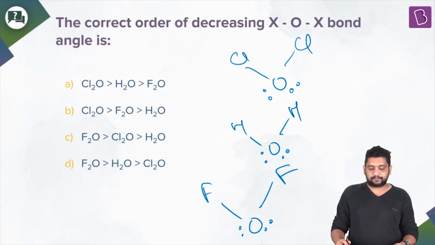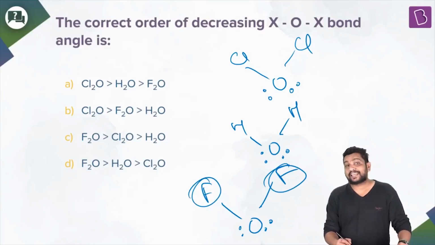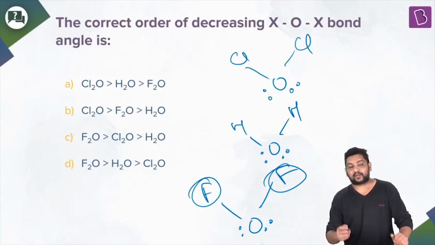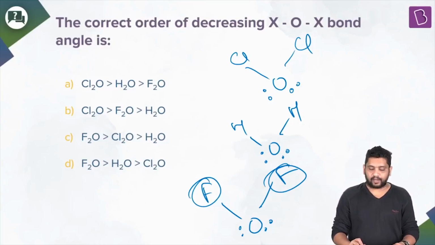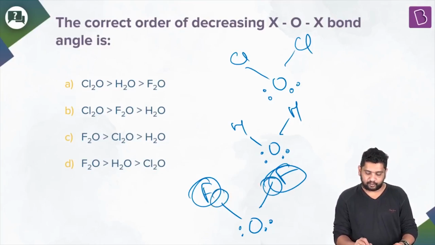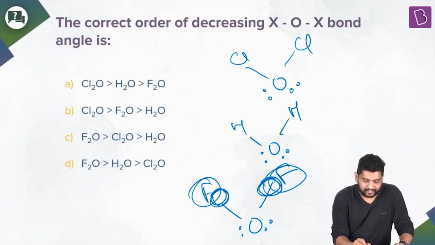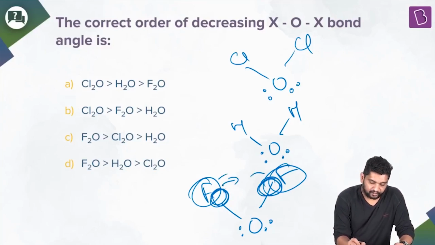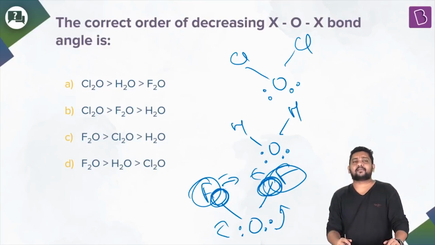Now, on top of that, what else do we know? When we have a highly electronegative terminal atom, we know that the bond angle is supposed to decrease. Why? Because a highly electronegative terminal atom will pull the electron cloud towards itself, so the bond angle can further reduce, right? So the electron clouds are further away. For example, in this OF2, the electron cloud would be more towards fluorine, because fluorine is the most electronegative element, which means we can reduce the bond angle further. These lone pairs will be able to repel these very effectively. The bond angle can be further reduced.